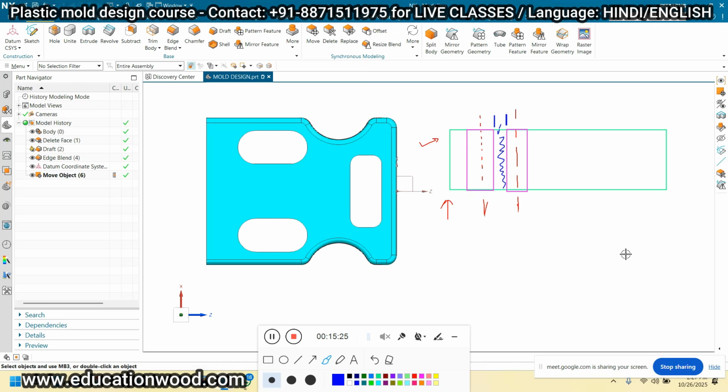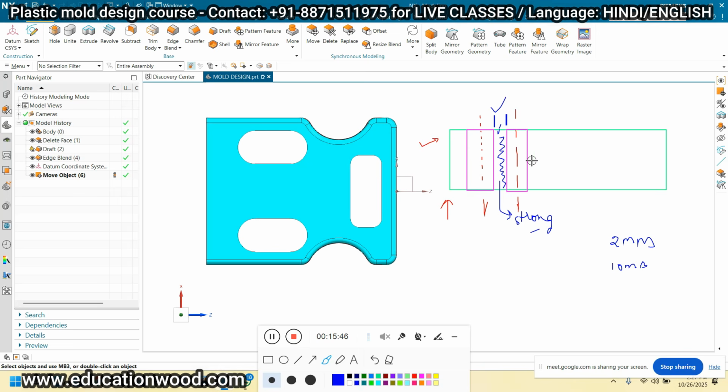For example, if this distance is only 2 mm, it means it's a weak joint. You can say the plate will be weak, right? If this is 10 mm, it means this portion is the strong one. So from one feature to another feature, there should be a distance.